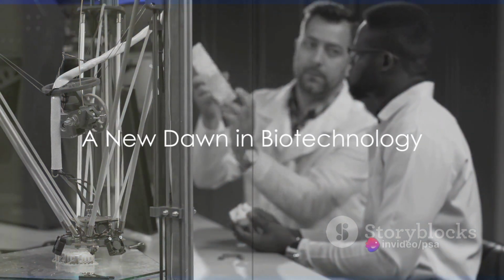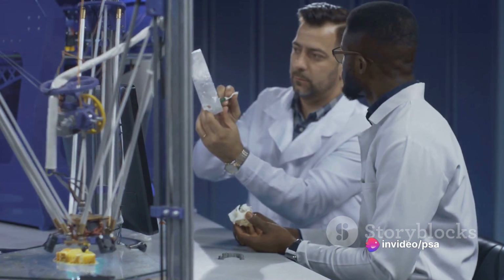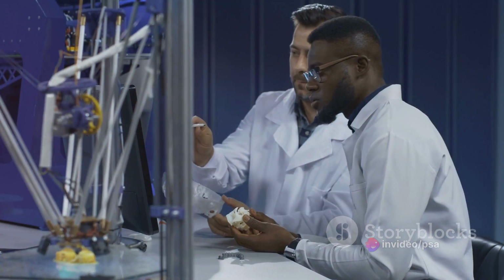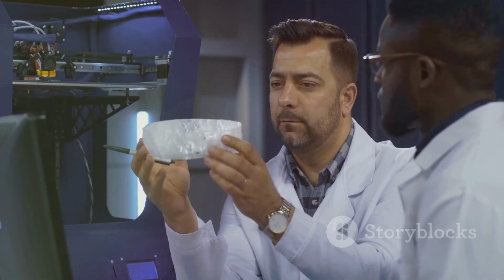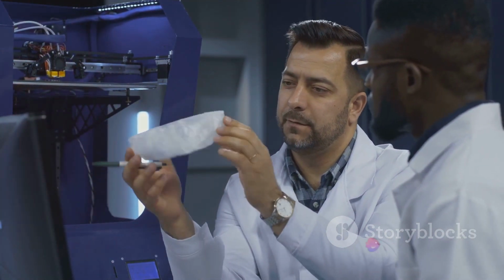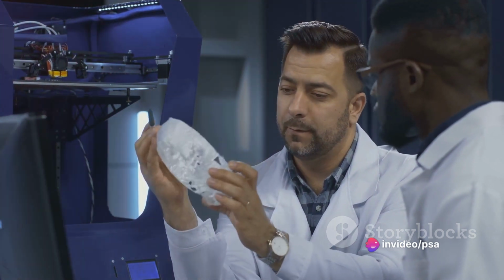Imagine a world where the waiting list for organ transplants is a thing of the past. Welcome to a new dawn in biotechnology. Every day we inch closer to this reality, with researchers at Harvard University leading the charge. They've developed a new hydrogel ink infused with gelatin fibers, a breakthrough that's paving the way for the 3D printing